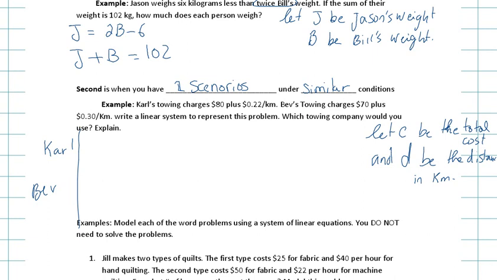So I'm going to read Carl's towing charge. Carl's towing charges $80 plus 0.22 per kilometer. So how would you write that as an equation? What would be your total cost? Is it just 80? So the cost is going to be just $80? Or are we going to pay anything extra? Plus, like literally plus 0.22